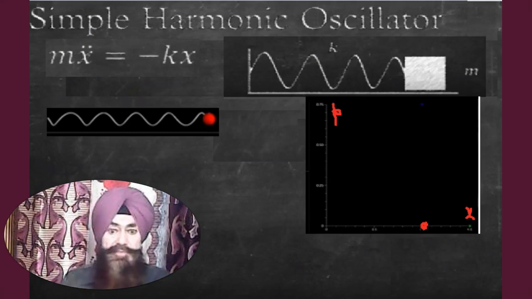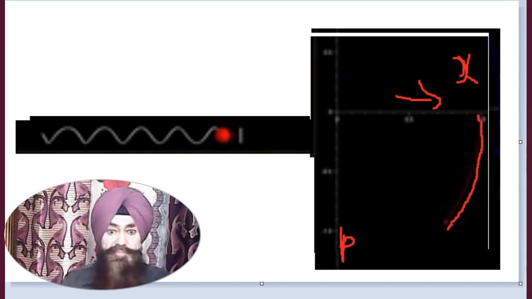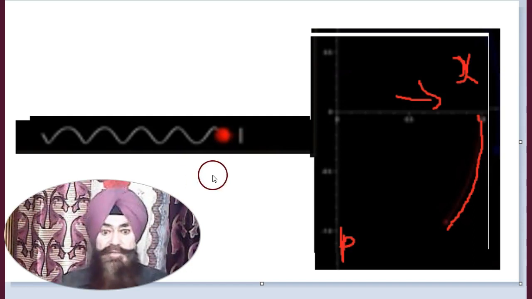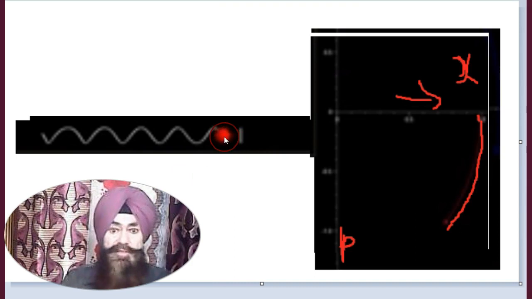Now what happens at some other moment? At some other moment, this mass moves from this extreme position to this side. When it moves, what happens? The compression starts. Okay, and when the spring is compressed,